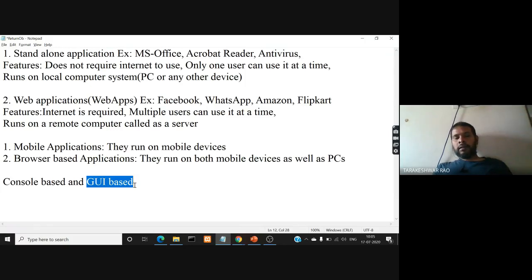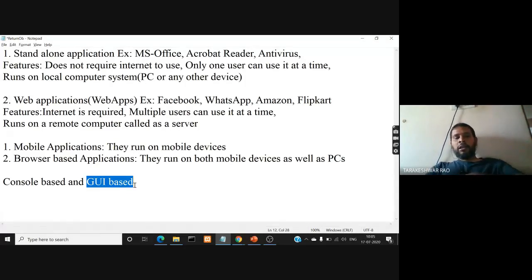You already have learned some GUI based application development in Java programming in the last semester. But those GUI based applications are not internet related applications, most of them. We have created standalone applications there. But we can also create internet based web applications using those concepts in Java. But they don't require a browser to use them. But here in web technologies, whatever programming technologies you're going to learn in this subject, we are going to deal only with applications that run with the help of a browser and internet facility, right?